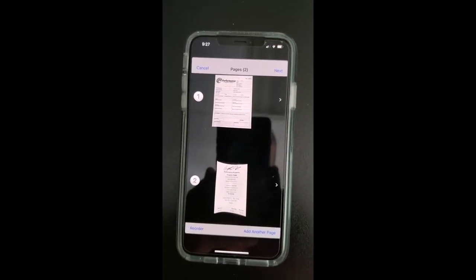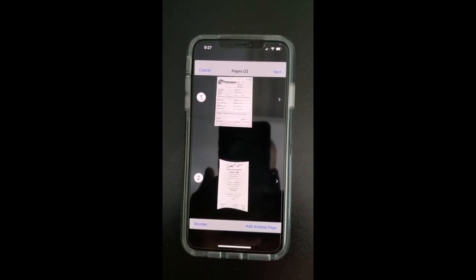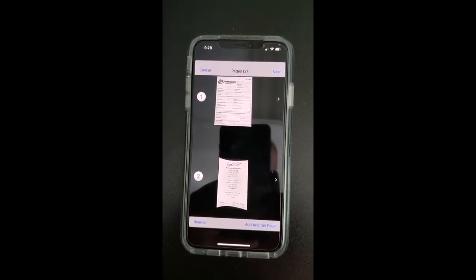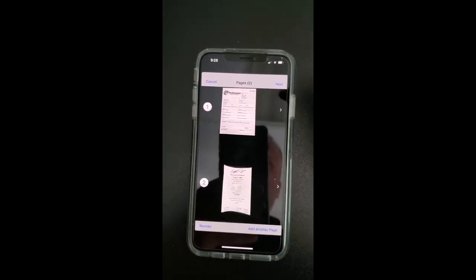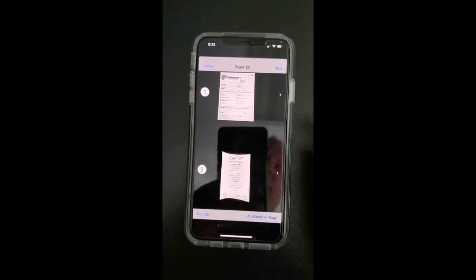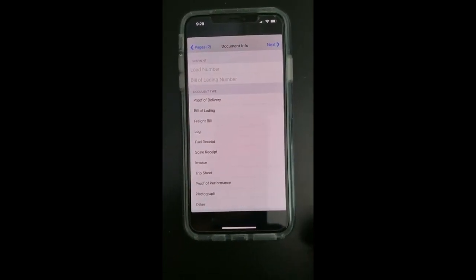Now you can see that you have both the Performance BOL and the scale ticket, and they look pretty good. This is awesome. So you can either add another page, which you don't want to do here, because we just want the Performance BOL and the scale ticket. So we click Next. All right, now we're looking at this